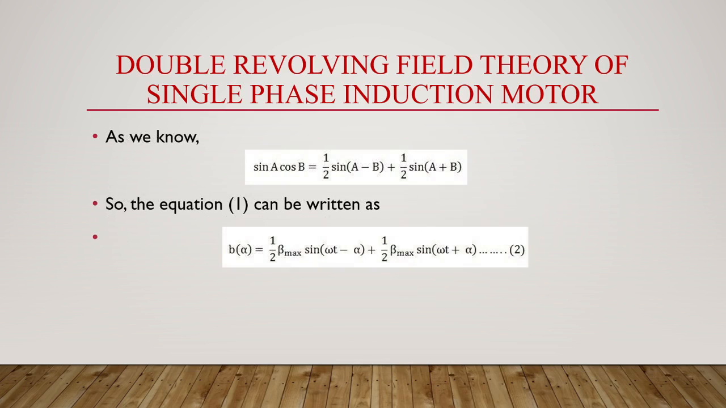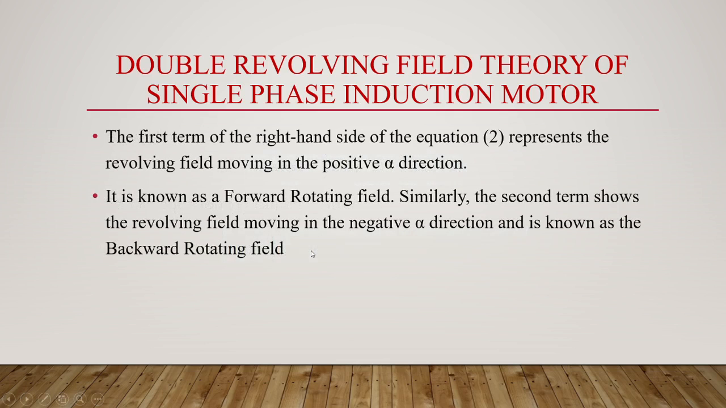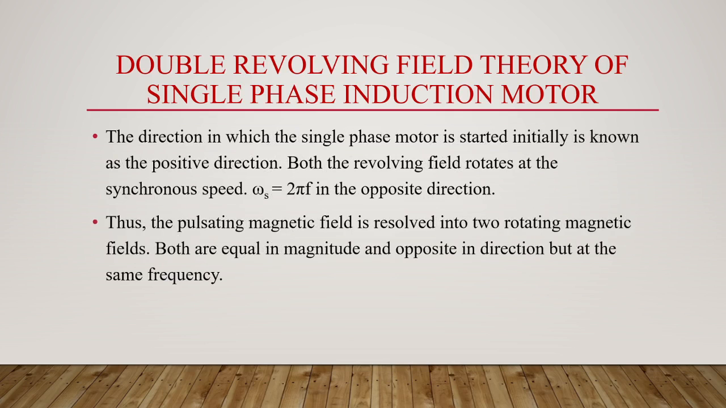So the first term of the right hand side of equation 2, that is half B max sin(omega t minus alpha), is representing the revolving field moving in the positive alpha direction. It is known as the forward rotating field. Similarly, the second term shows the revolving field moving in the negative alpha direction and it is known as the backward rotating field. The direction in which the single phase motor is started initially is known as the positive direction. Both the revolving fields rotate at the synchronous speed omega s equal to 2 pi f in the